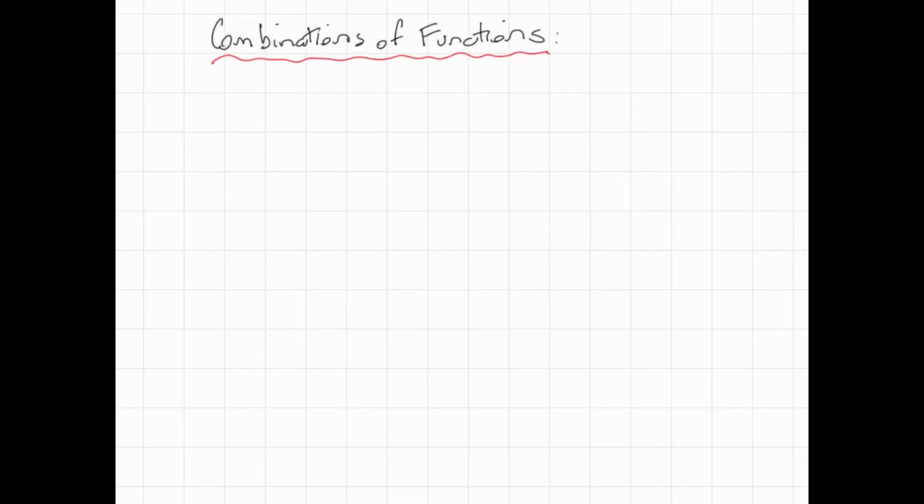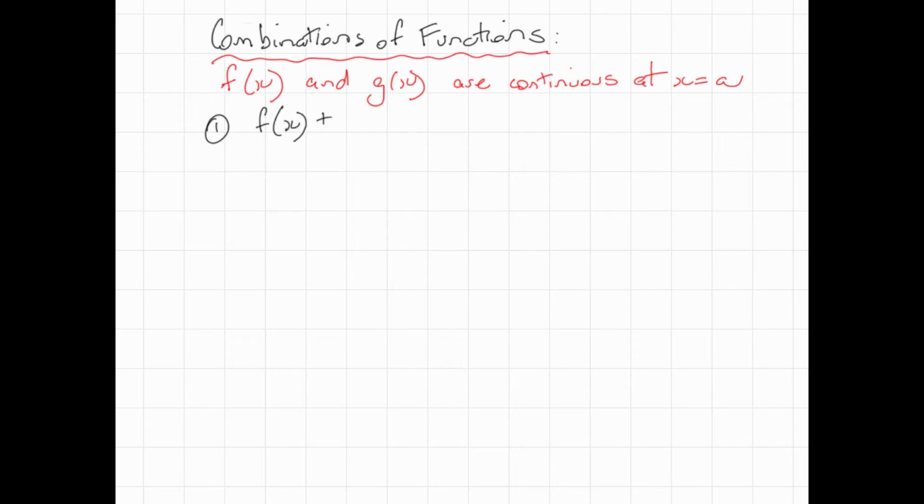If we've got two functions, f of x and g of x, that are continuous at x equals a, so we're given that, then certain combinations of f of x and g of x can also be continuous. So the first one is just the addition or subtraction of the two functions, f of x plus or minus g of x, also continuous